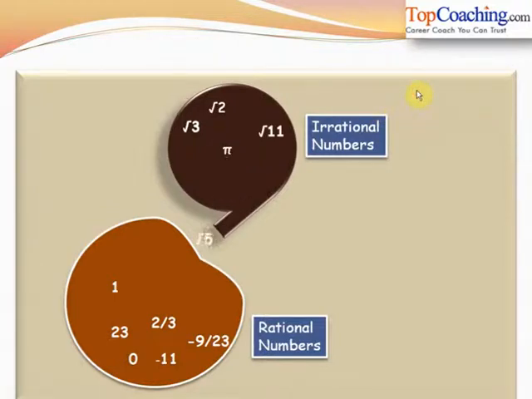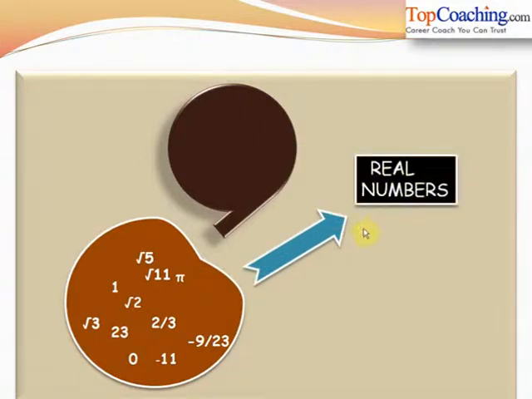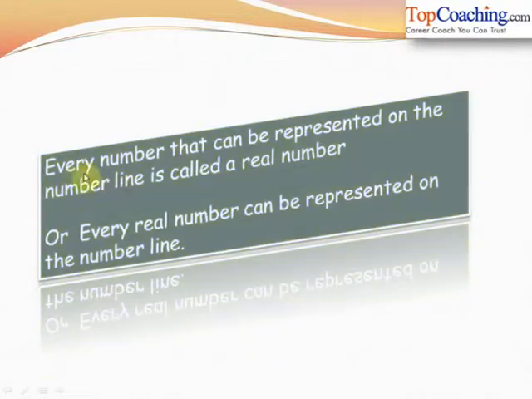What happens is, one by one, all these irrational numbers get transferred into the bag which contains the rational numbers. Now, this bag contains all the rational numbers and all the irrational numbers. So, such a bag is known as a bag of real numbers. So, all the rational numbers and irrational numbers together constitute the real numbers. So, the set of rational numbers plus the set of all the irrational numbers is known as the set of real numbers.